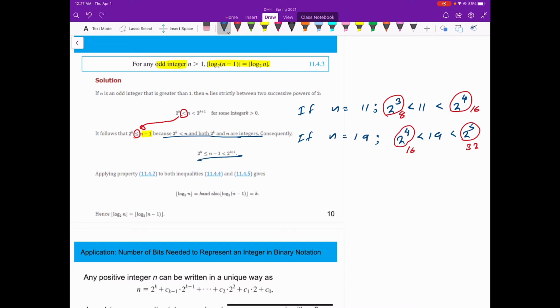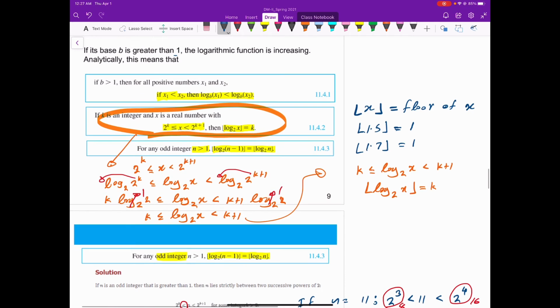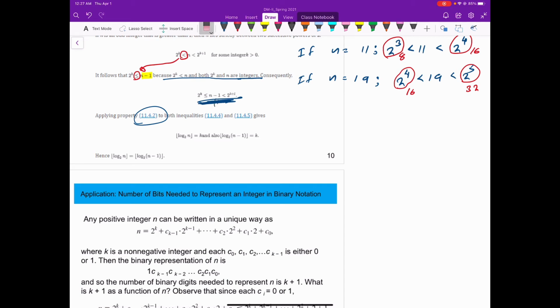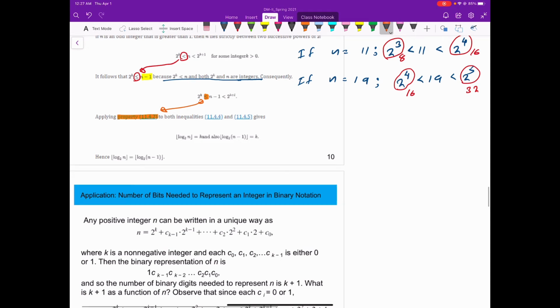So you have this right there. The reason that we do this is that we could use the property 11.4.2. Okay, so this is 11.4.2. We could use this property if we have the equal sign at the lower bound. So this is the lower bound, we have the equal sign, so we could use that property. That's why we made the equal sign right here. Then by using that property we write,